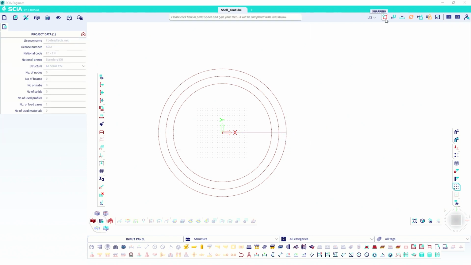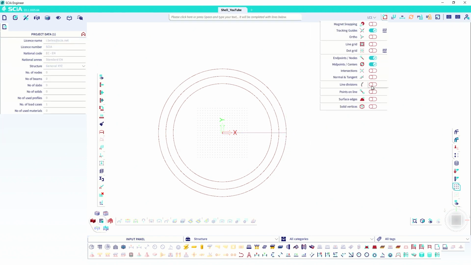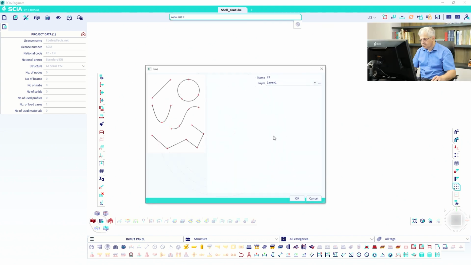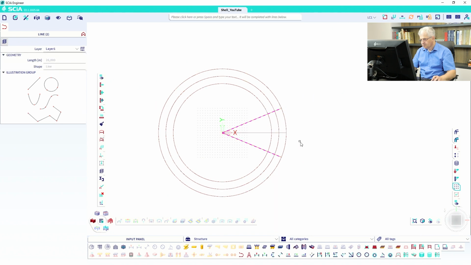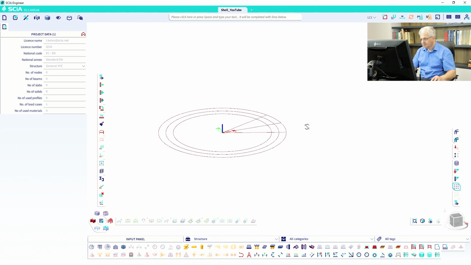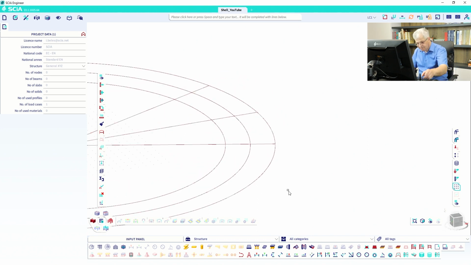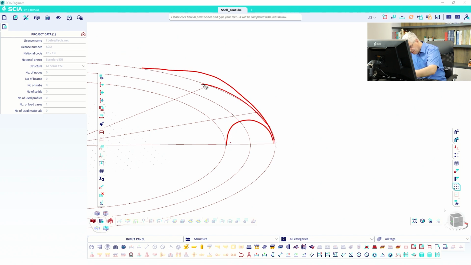Okay, and activate some line division, 16 points, okay, this is okay, and create some lines from here to here, and from here to here. Okay, escape, escape, escape until it's finished. So, what we will do now is the first line, second here, third and fourth. This will be our